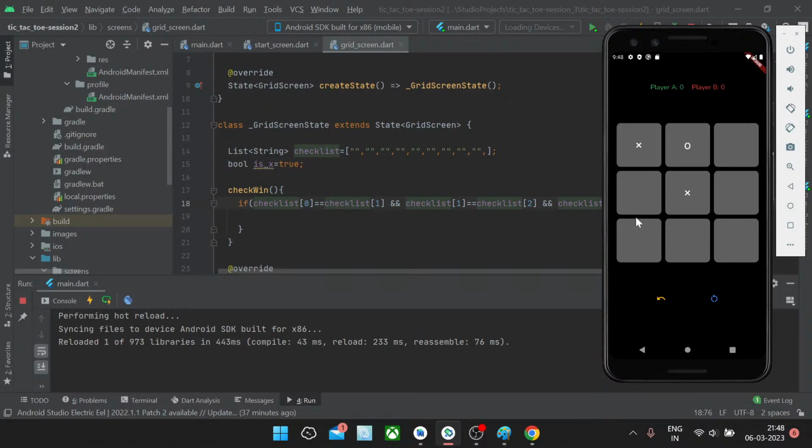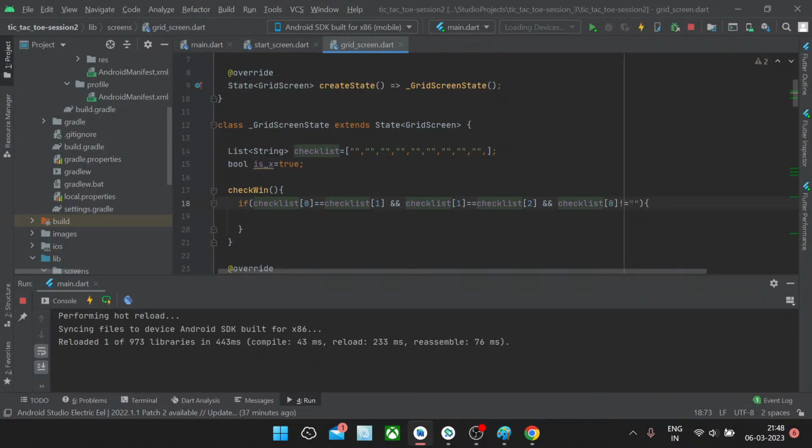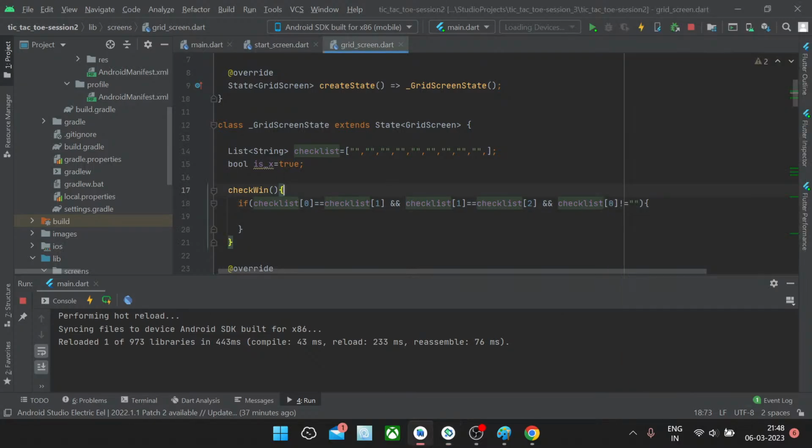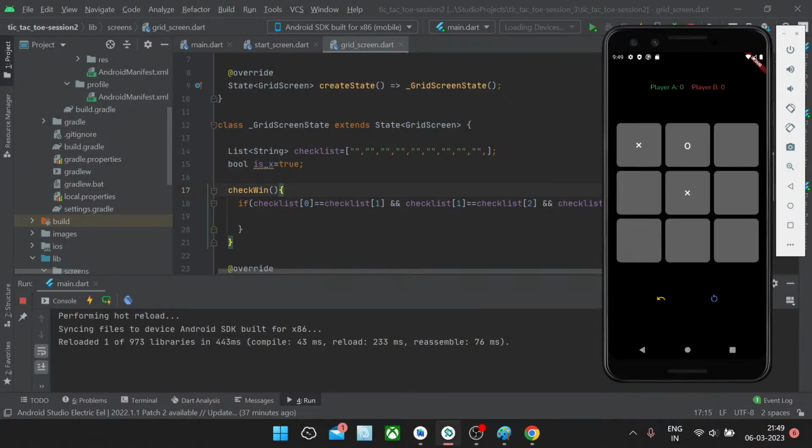If we do not put this blank condition, then as soon as you start the game, it will declare any one of the players as winner. That will be a bug, because technically all these boxes hold the same value, which is empty, the null value. So we need to rule out that instance by adding a not equal to operator. If any one of 0, 1, and 2 is not null, and all those three are equal,